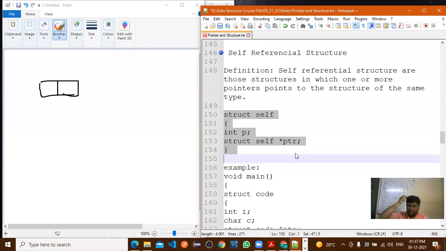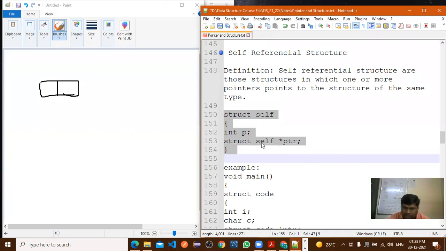What are we doing in that? Pointer with the same structure. The pointer variable we are creating here is a parameter of the same structure.